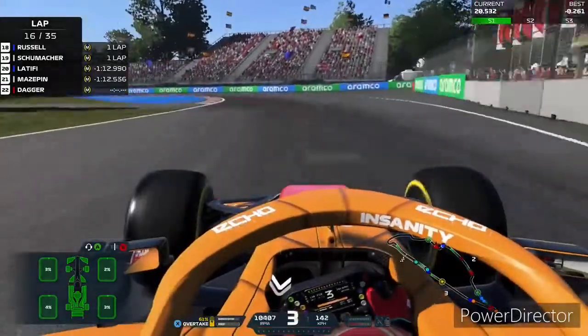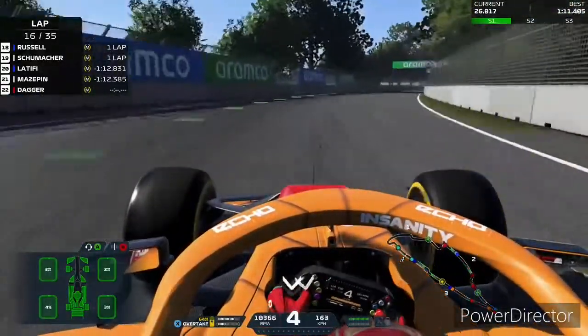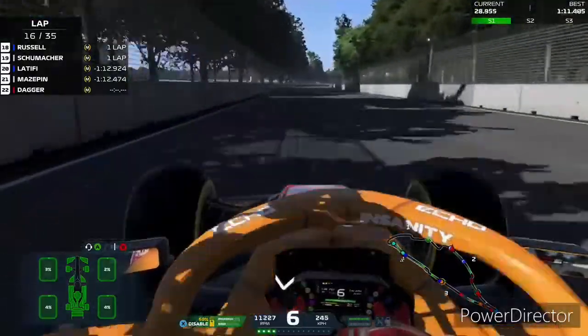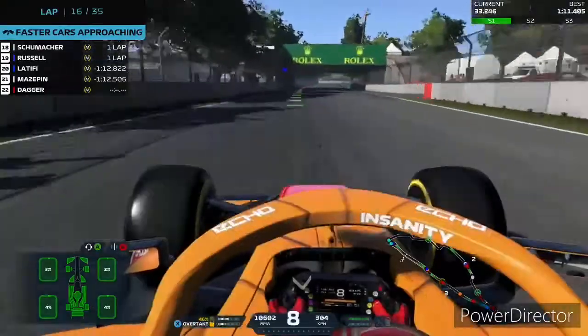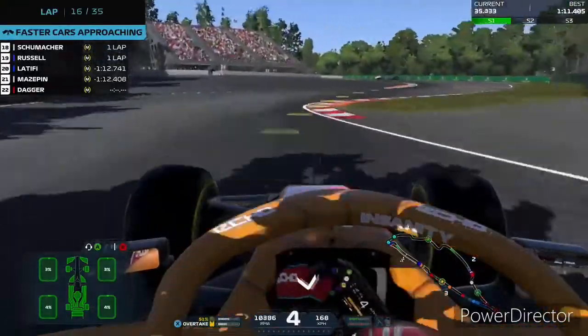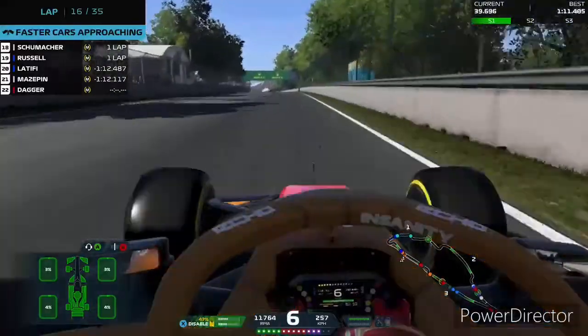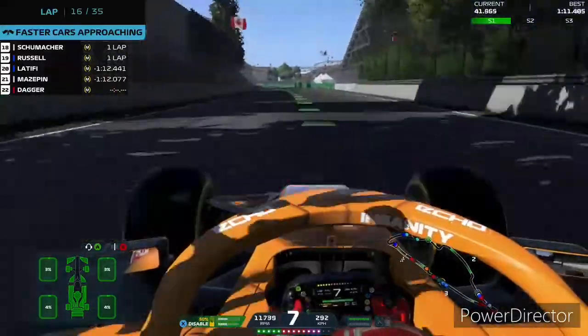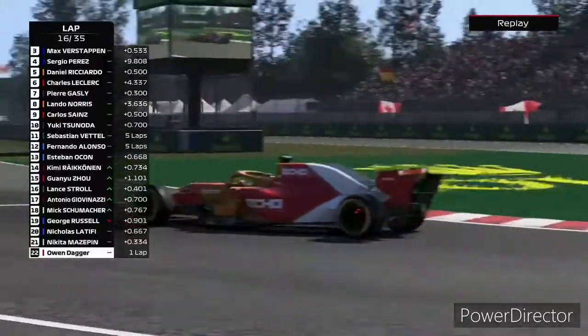But then disaster strikes. We get blue flagged again to let Mazepin back through. So I was like, nope. I've been told to let Mazepin through, but I'm not going to, because I want to try and unlap the field, because I have the pace to stay ahead of Latifi and Mazepin as we move into the